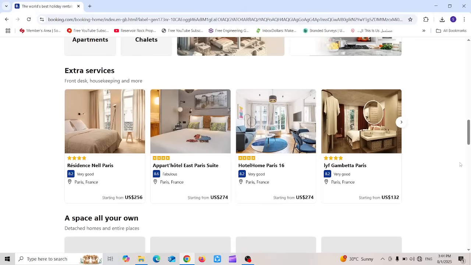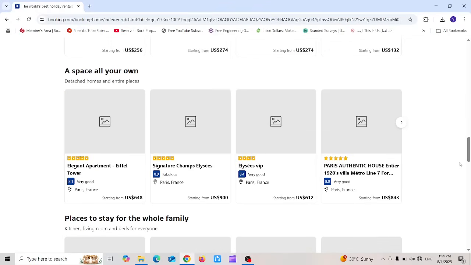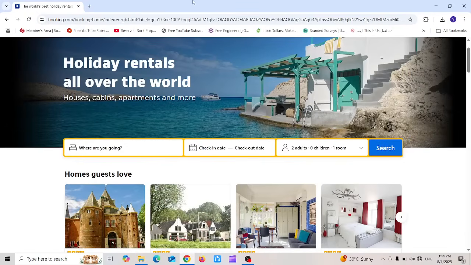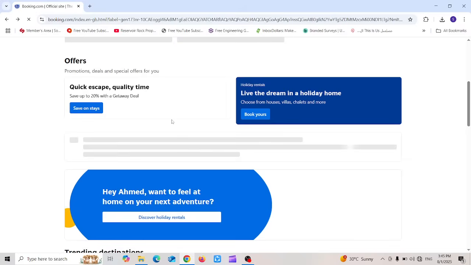you a heads up where it will tell you that this place is for family, this place is for friends, this place is cozy and for relaxing, this place is for adventures. So it will give you headlines so that you can choose from these wide options the best option for you. Going back to the previous page,